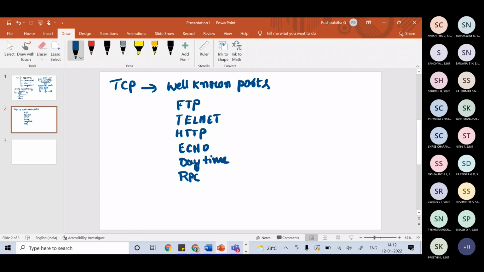Then SMTP, Simple Mail Transfer Protocol, then even DNS, Domain Name System. What else do you have? Different well-known ports connected to the application layer.